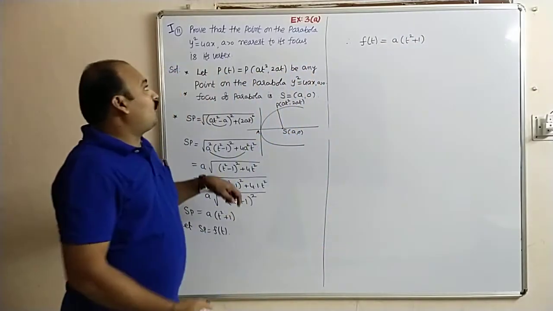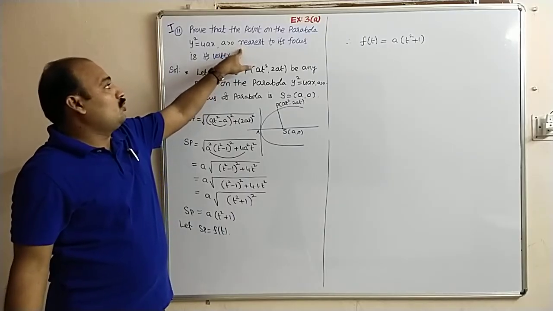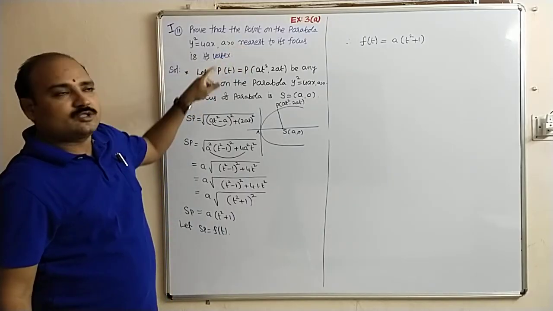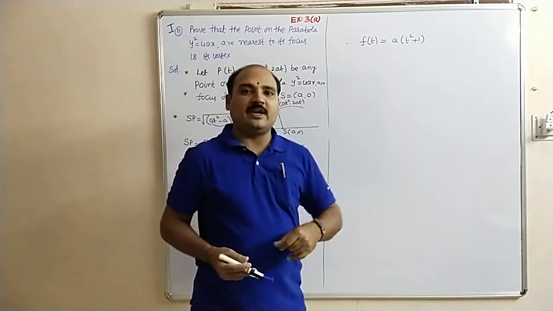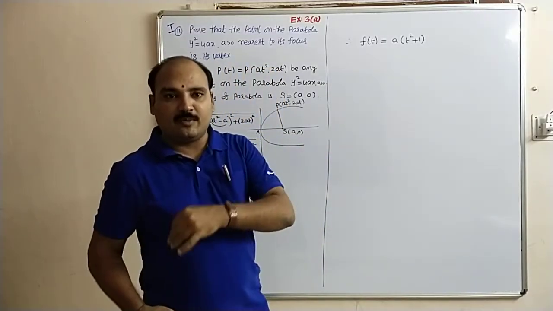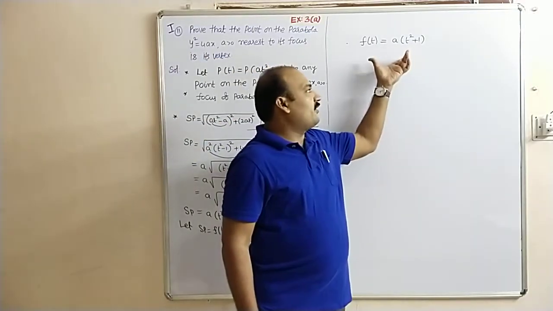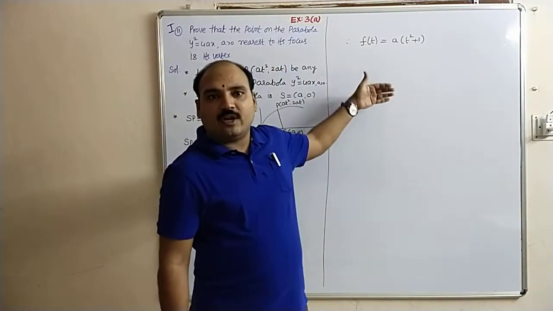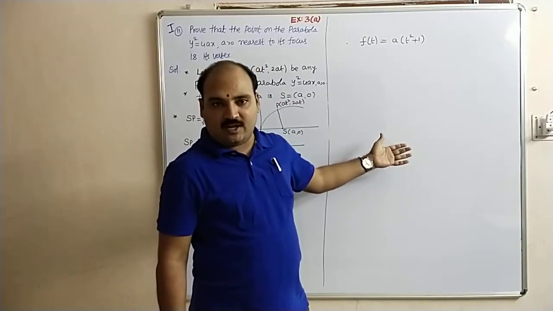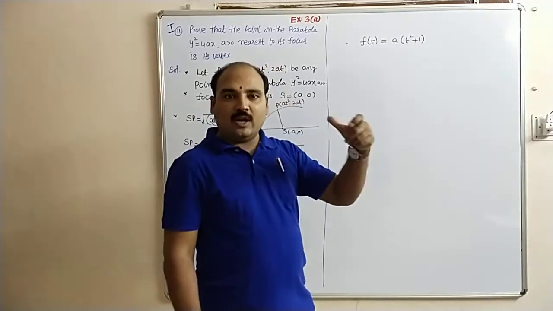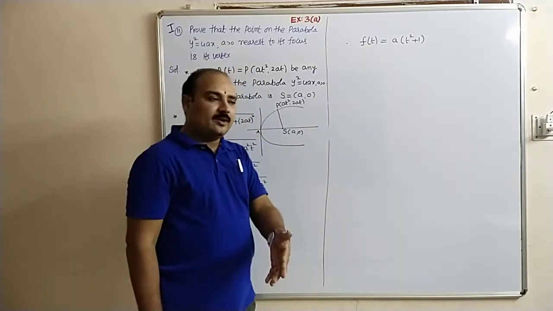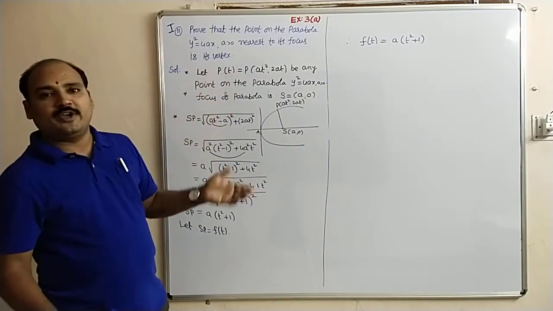They are asking to find the nearest point. Prove the nearest point is at the vertex. So nearest means minimum, so here we have to enter into the maxima and minima concept of first year. Here f of t: find f dash of t and f double dash of t. For maxima or minima, f dash of t equal to 0, you will get the value of t. At the point t, you can calculate the point. That point is the nearest.